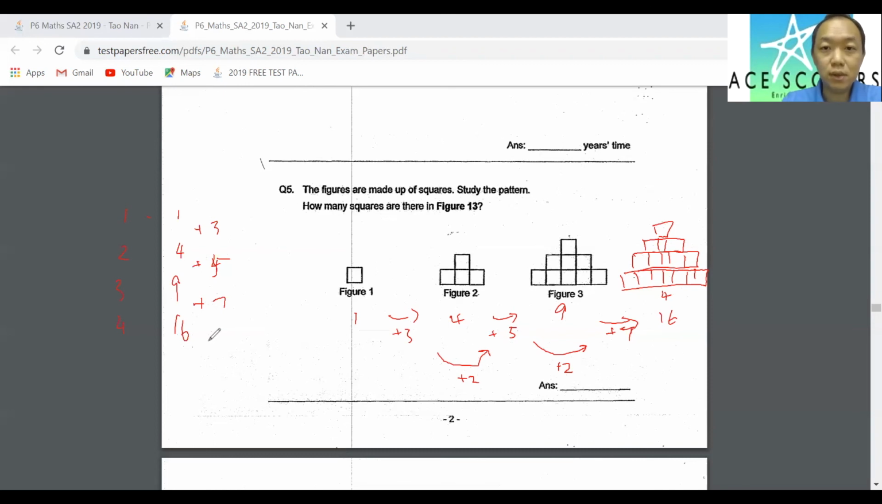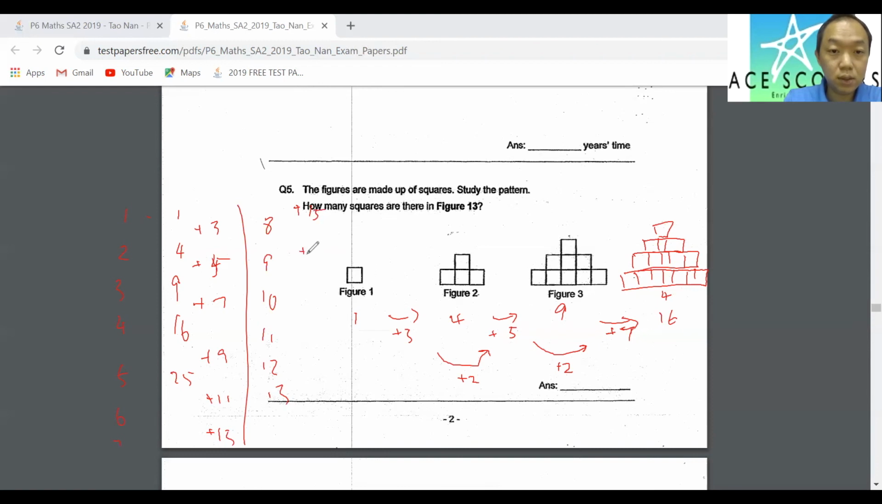This is when you have no choice, okay? Lazy to find the 25. Plus 9, plus 11, plus 13, plus 15, plus 17, plus 19, plus 21, plus 23. Okay, this is when I really want to find the answer, but I don't want to find the working in between. So 25 plus 11, 36